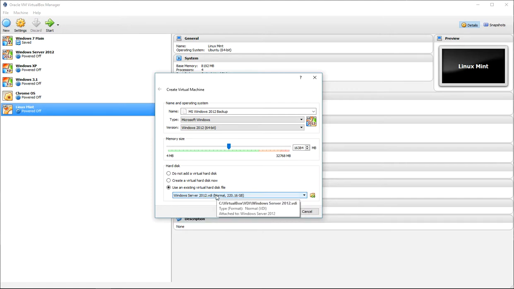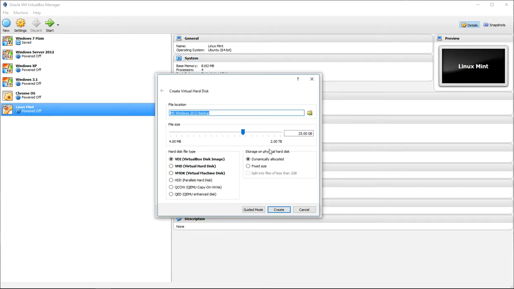You would only do that if you've deleted an old one and saved your VDI file or your virtual hard drive. But I'm going to create here, and I'm going to click on create, and it's going to take me to the next screen, which is the create your virtual disk drive. And you can have some different selections here. I'm not going to lecture on or walk through what each one of these is.